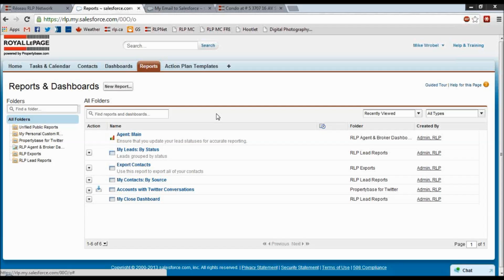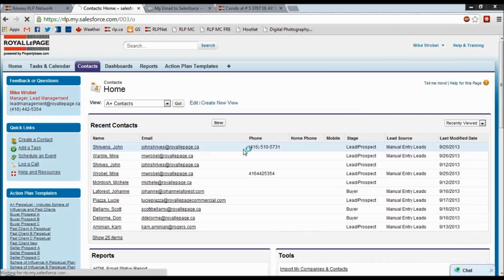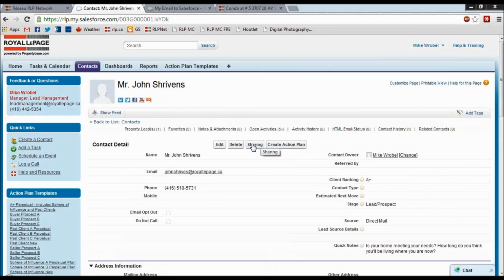Lastly, of course, what about sharing? Well, there's a few ways you can share everything in the CRM. For one thing, every contact I have, you'll notice there was the sharing button up near the top here. Let me highlight it for you. So what that means is that, let's say I'm not necessarily working in a team, I'm working as an individual, but I know that somebody else has the CRM. I can click on sharing,